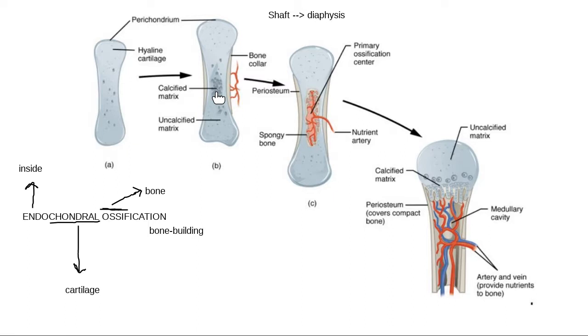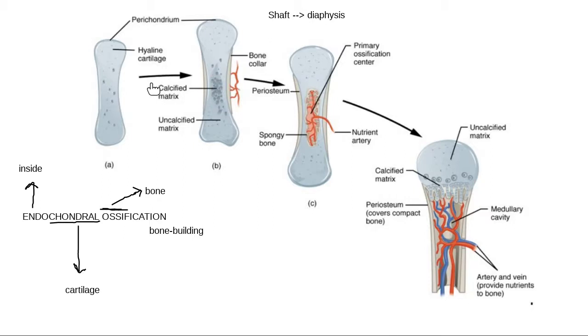Exactly. First thing that all my cells need, they've got to have oxygen. We need that air to breathe. Our cells got to breathe. And the second thing that they need is their food, their nutrients. So we're totally right. Glucose, the cell's favorite food. When I put this bone collar on the outside of my bone model, the middle of this cartilage here is now suddenly cut off from oxygen and nutrients. So when I cut off the middle of this model from oxygen and nutrients,